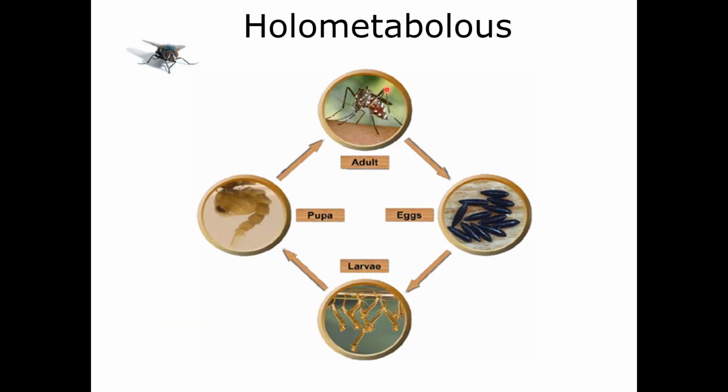So they are holometabolous insects. They go egg, larvae, pupae, and adult. Now, the stages of life are completed in two different environments. The larvae are aquatic organisms, while the adults are terrestrial organisms. So it's a little bit like those hemimetabolous metamorphosis, except this is holometabolous because they have a pupal stage.